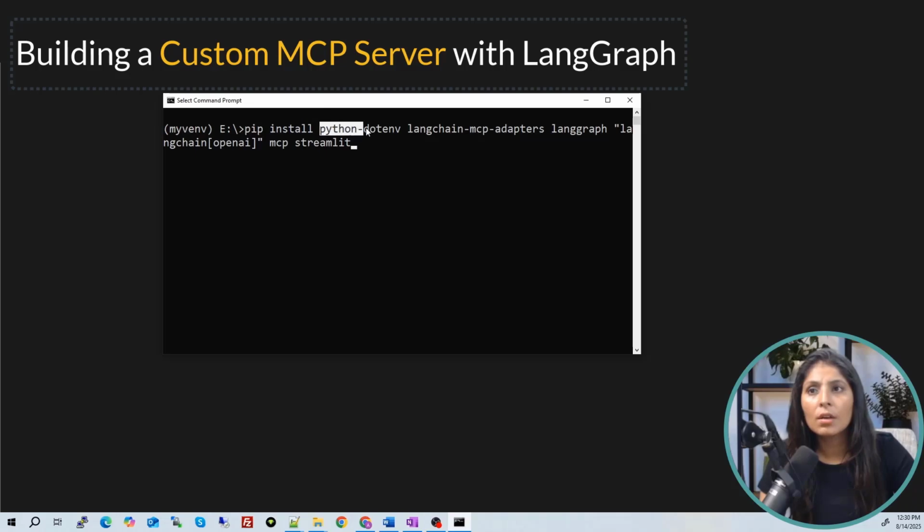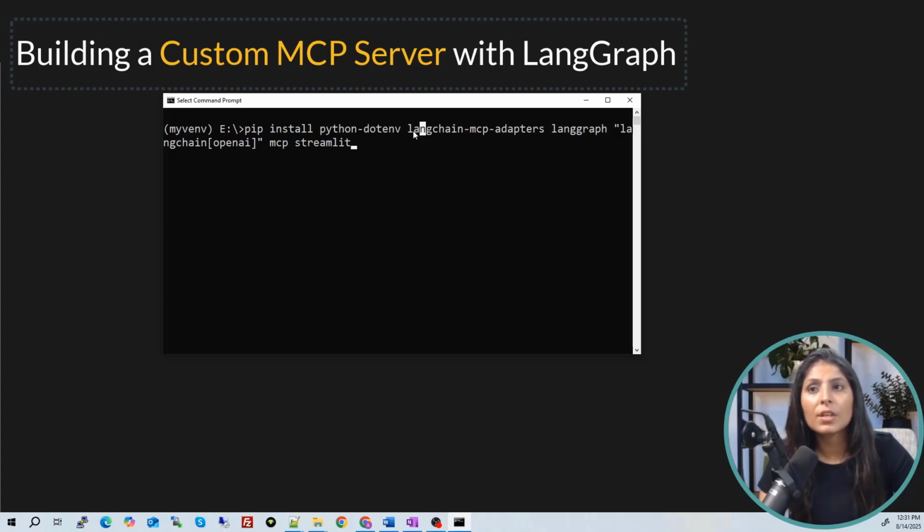We are installing the python-dotenv module. Why do we need this module? Because we will use one LLM today, and that LLM will be OpenAI's LLM. And to use that LLM, you need an API key. And this module will help us load that API key from the .env file. I'll show you everything practically in some time.